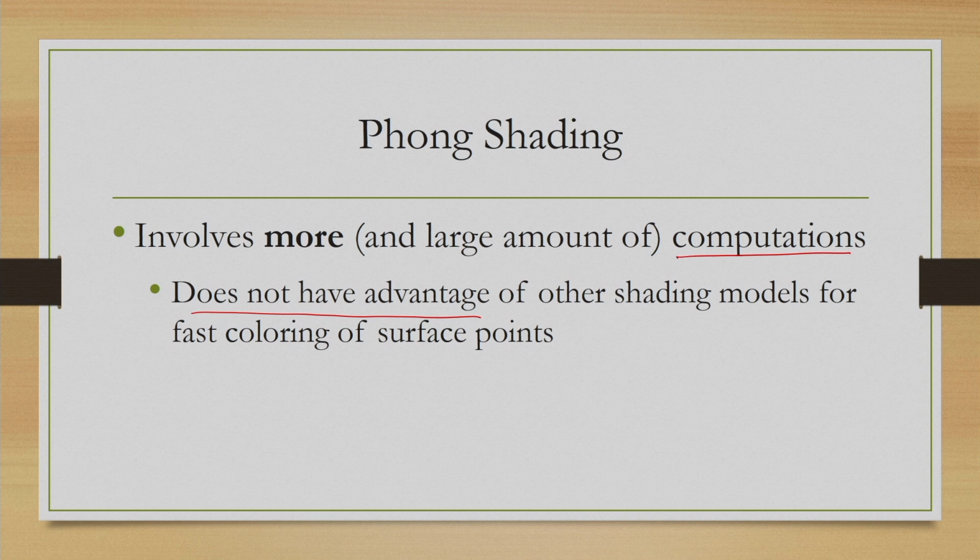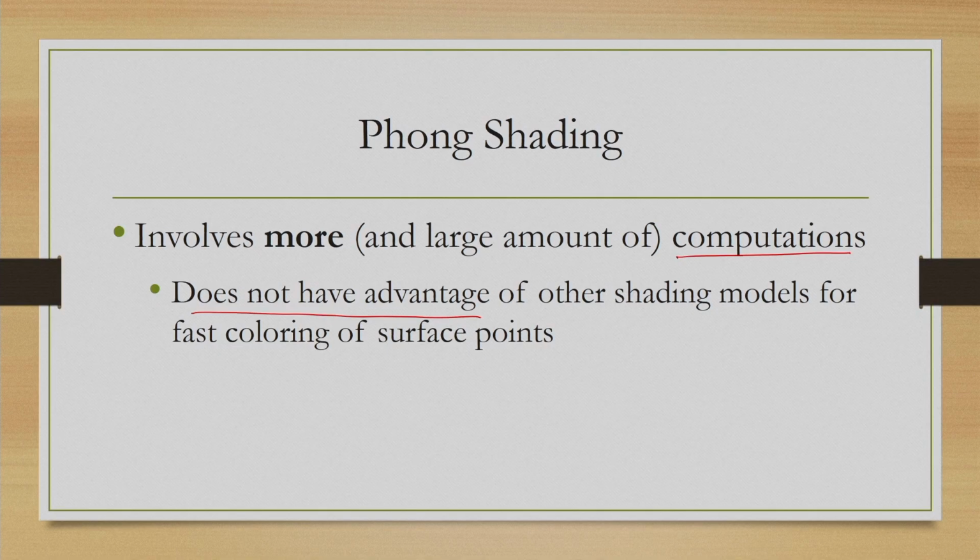So, it gives us a very realistic image because the coloring effect is closer to reality due to the very sophisticated approach, but for the same reason it cannot compute colors with reduced computations, which is the advantage of a shading model. So, it does not have the main advantage, but it gives us more realistic images. We will not go into the details of it, it is quite complex, and if you are interested you may refer to the reference material that will be mentioned at the end of this lecture.